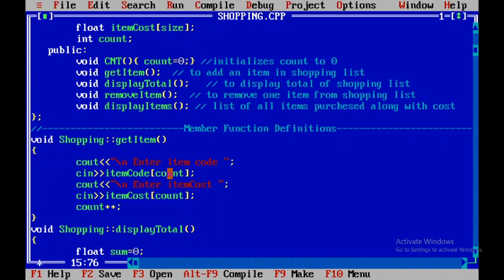So by using this count, we are accessing our integer array as well as this float array for atom code and atom cost. So this count we will use as an index value. So this is about the get atom method. Now let us see the code for